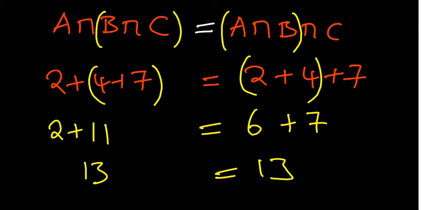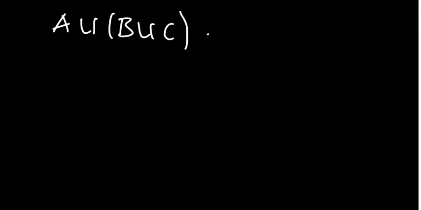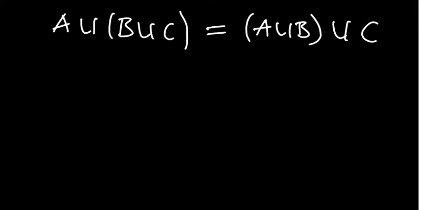Very simple and straightforward. The same concept applies to union. If you start with the union of B with C, and then union with A, it is still the same as starting with A union B and then union with C. So it's just a matter of understanding the aspect of putting brackets. That is what the associative law deals with. So now in terms of proving this,